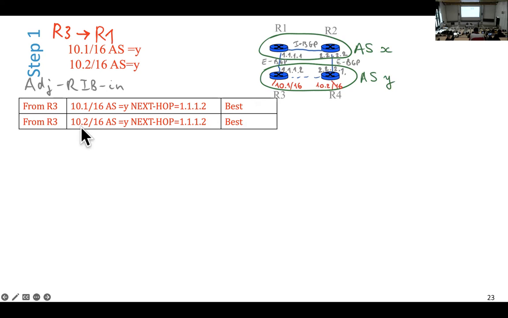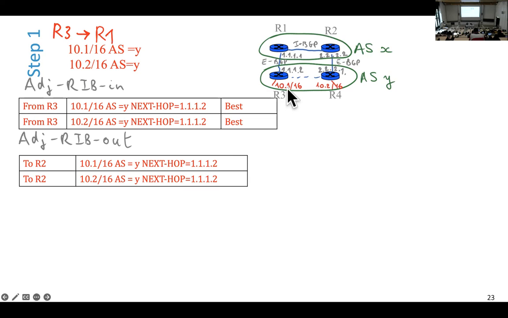Same thing for the other network prefix. So it receives from R3 a route to 10.2 from this ASY. Again, the next hop is 1112. And since there is no other route to that destination, that becomes automatically the best. What about the RIB out? Well,